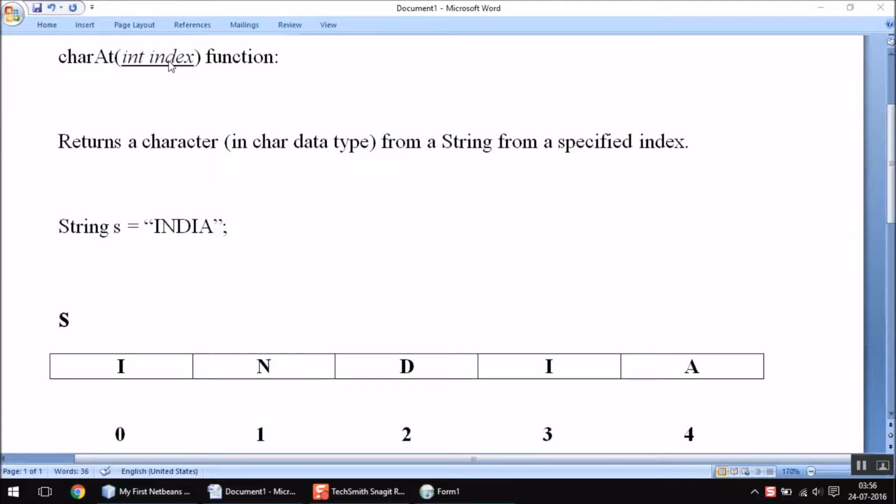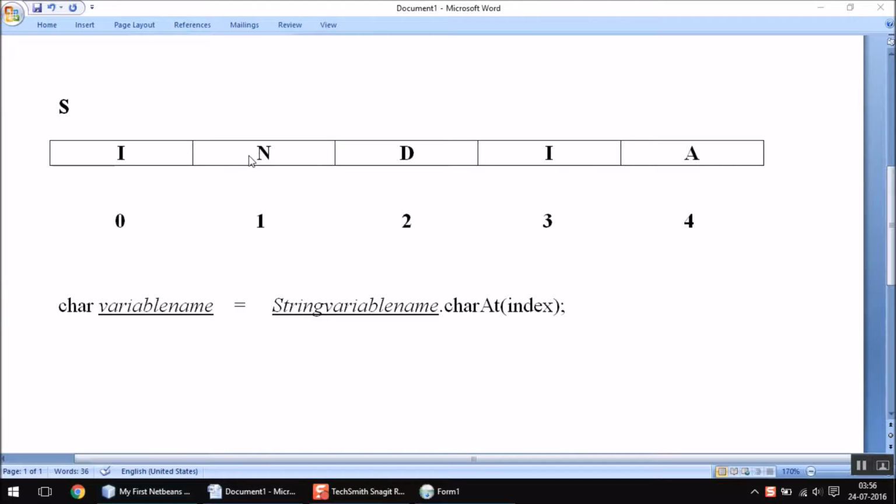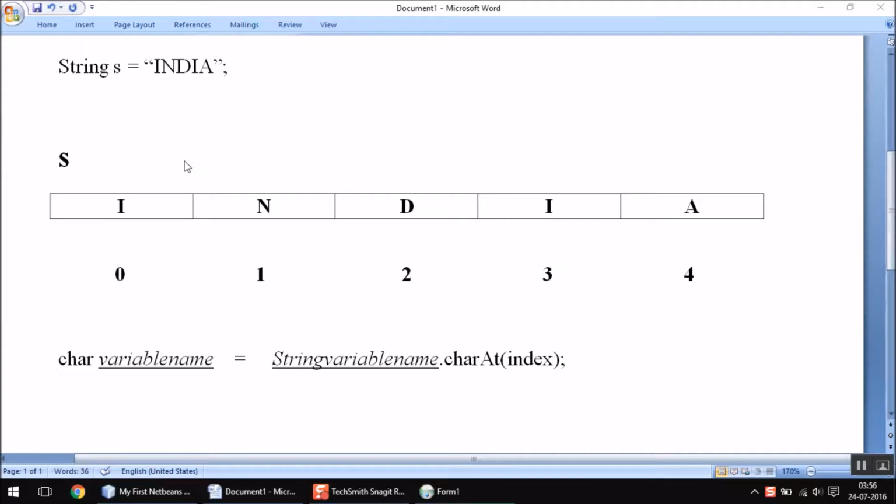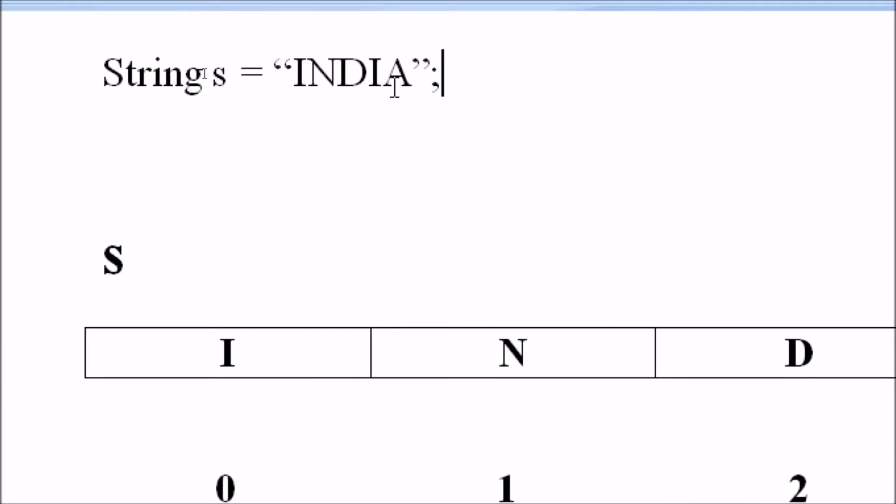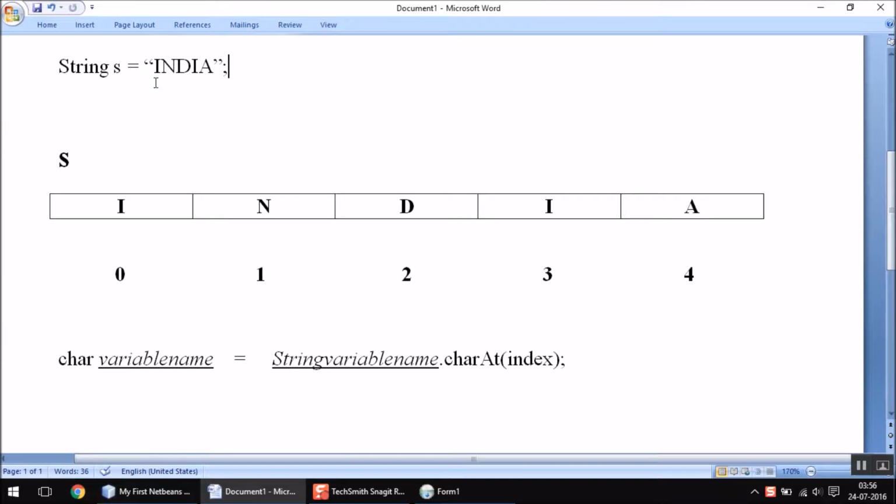Now to understand this properly, you first need to understand how string variables are stored in memory. As you can see on my screen, I have declared a string variable s with the value India, and this is how it is stored in memory.